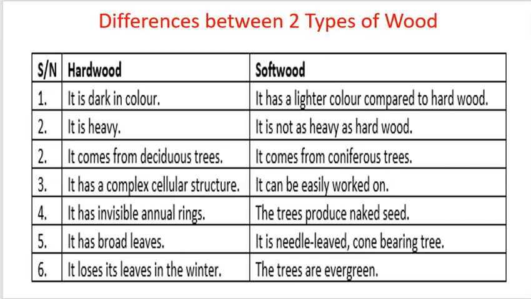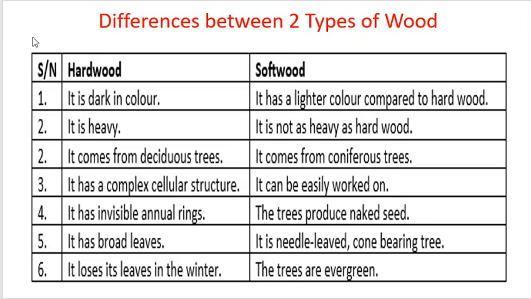The trees produce naked seed. It is needle-leaved. These are thinner. They are not as broad as hardwood leaves. Then the trees are evergreen. They don't shed leaves. Anywhere you see hardwood leaves, you will be seeing dead leaves on the